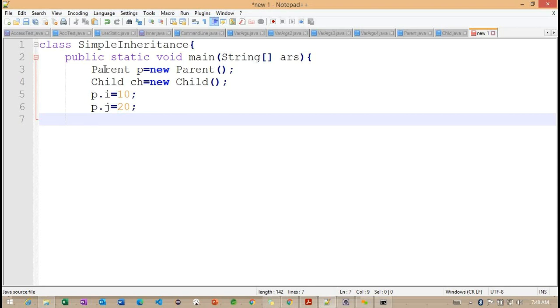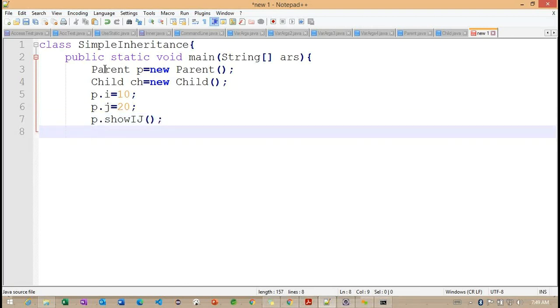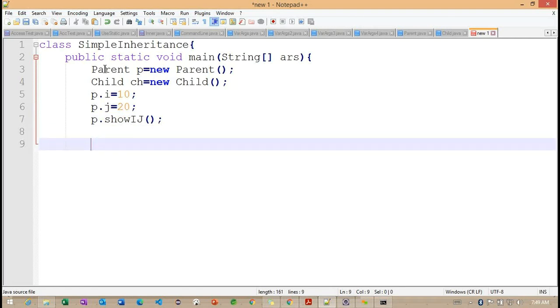Where did we define this show ij method? In our superclass. What is our superclass here? Parent. Back to here, with the help of this parent class object reference, I'm calling the show ij method. And after this, I'm going to initialize with child class parameters.